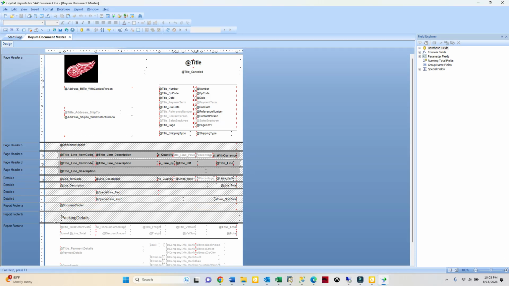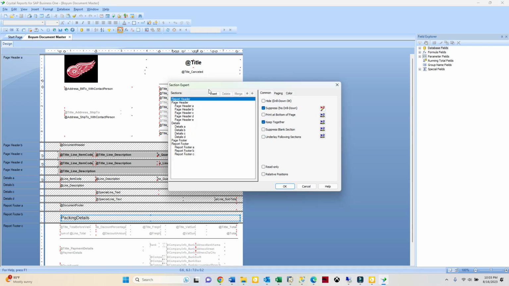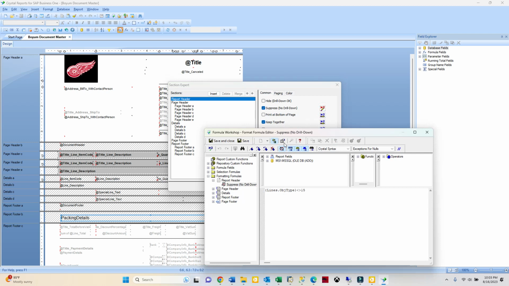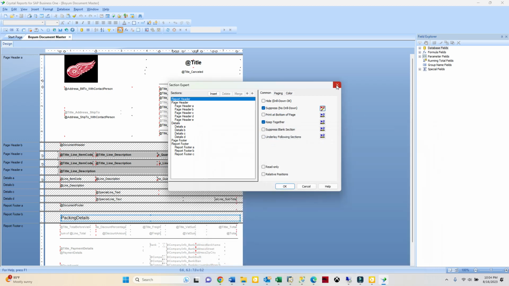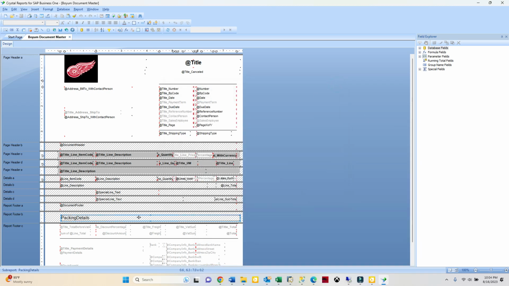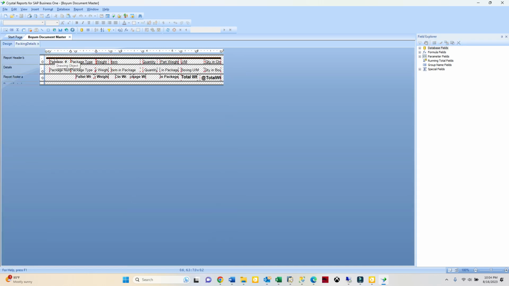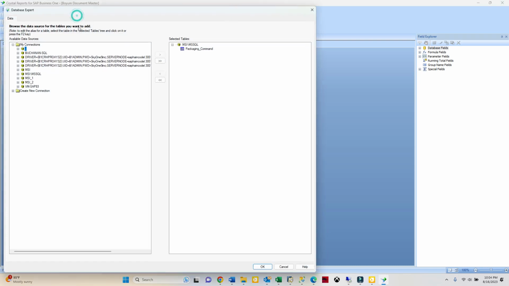And what I did down in here is this is a sub-report. The sub-report is suppressed except when we get an object type 15, which is a delivery order. So then let's look at the actual sub-report. And the sub-report is a fairly simple